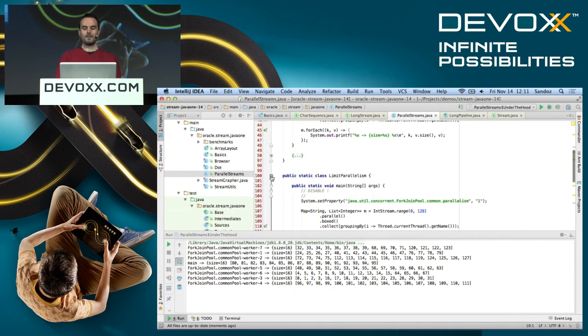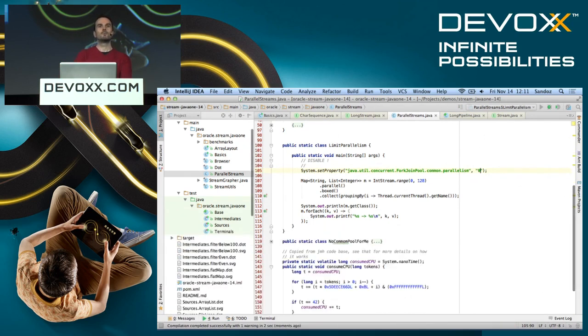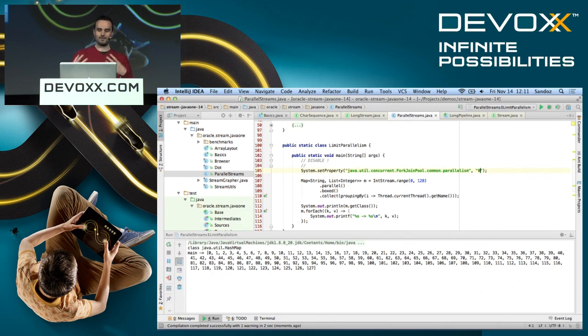It's possible to limit parallelism if you want to. You can actually disable it by setting a system property. This is unfortunately the only publicly supported measure of control we have at the moment for this. We are considering other ways, which I will talk about later on. But that's the way you turn it off. And ironically, if you're in a web server environment, that's probably what you want to do. And I think app servers will do that by default initially.